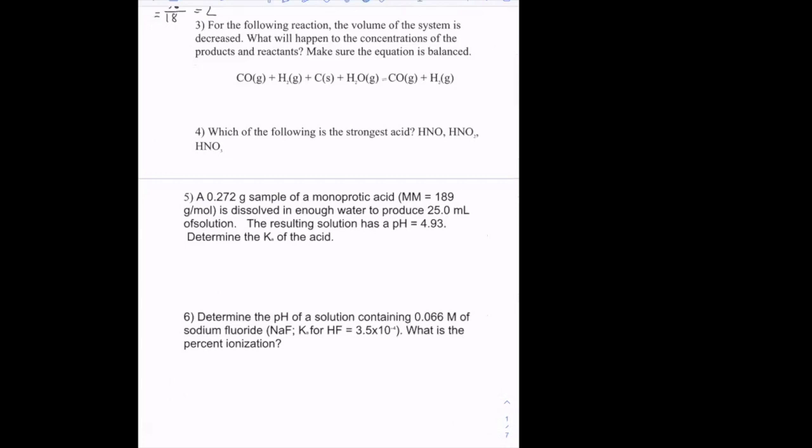And so for number 3, it basically wants you to determine if you decrease the volume, what's actually going to happen to the reaction. This goes back to the,